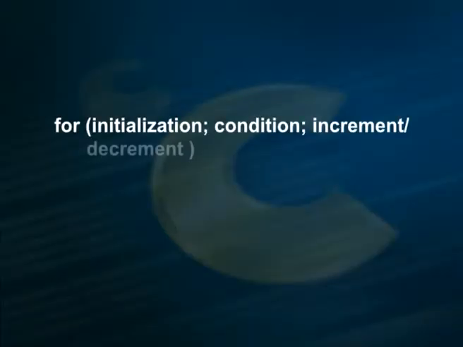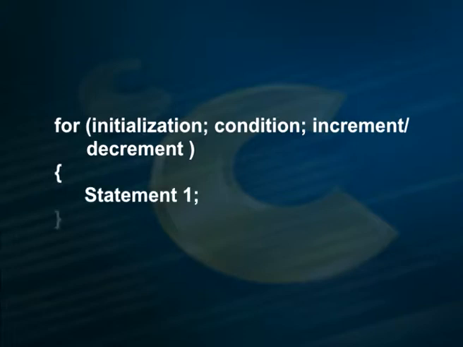Third one is the for statement. For statement is of the form for, then there are 3 sections. One is the variable initialization, then second the condition, and the third portion is increment or decrement, within the parentheses. Then the statement follows that. The initialization step is executed first and only once. This step allows you to declare and initialize any loop control variables.